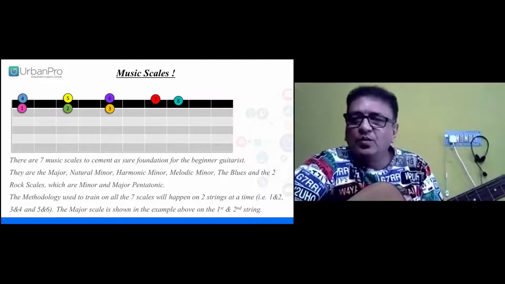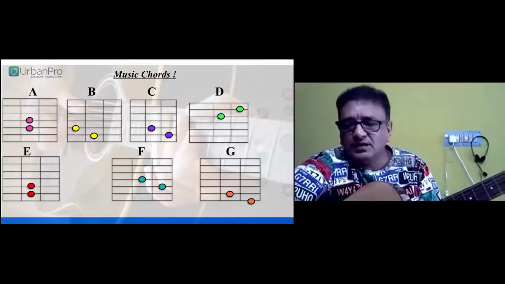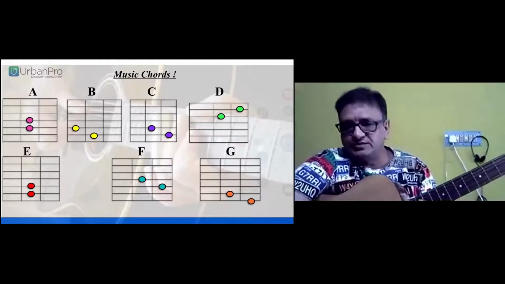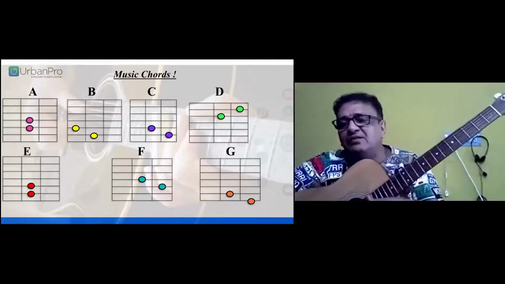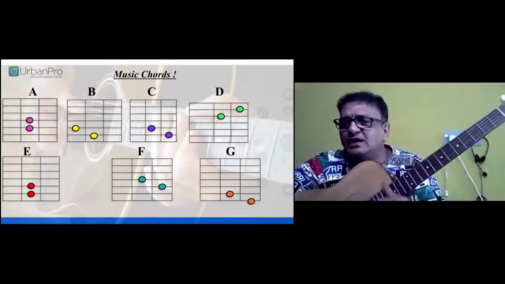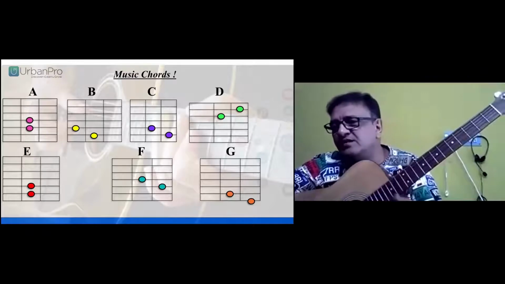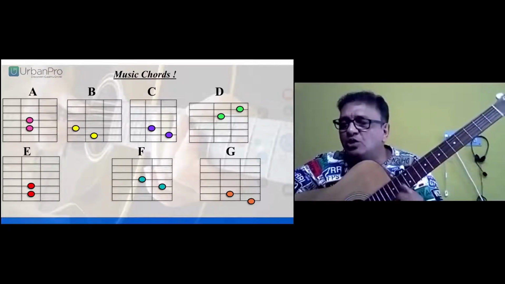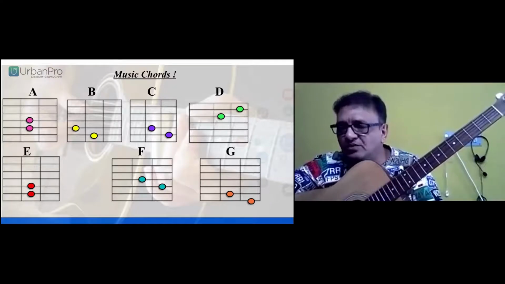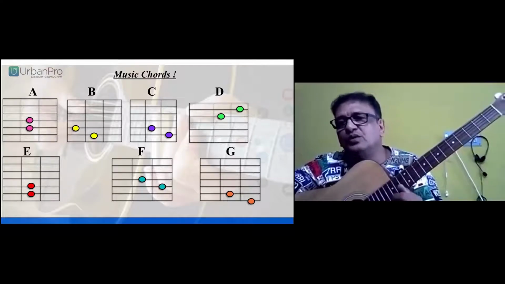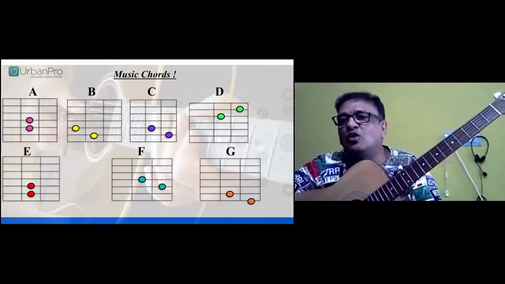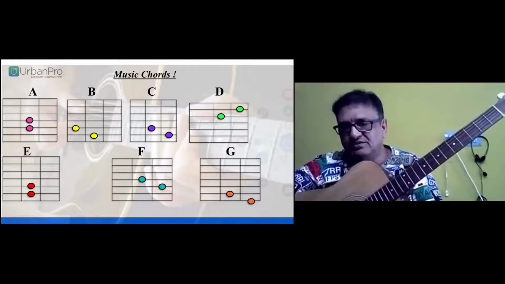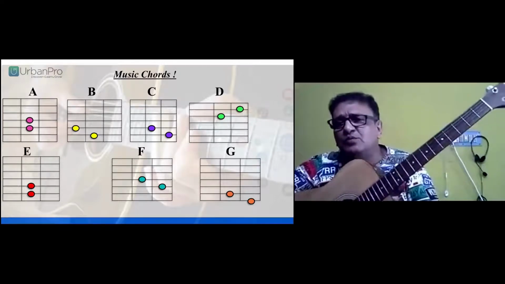Next, we move on to music chords. So I began with telling you that there are 12 notes in music. So now we get to know that each note has a scale of its own, and here in this lesson, you will come to know that each note has a chord of its own. Right. So beginning with music chords,